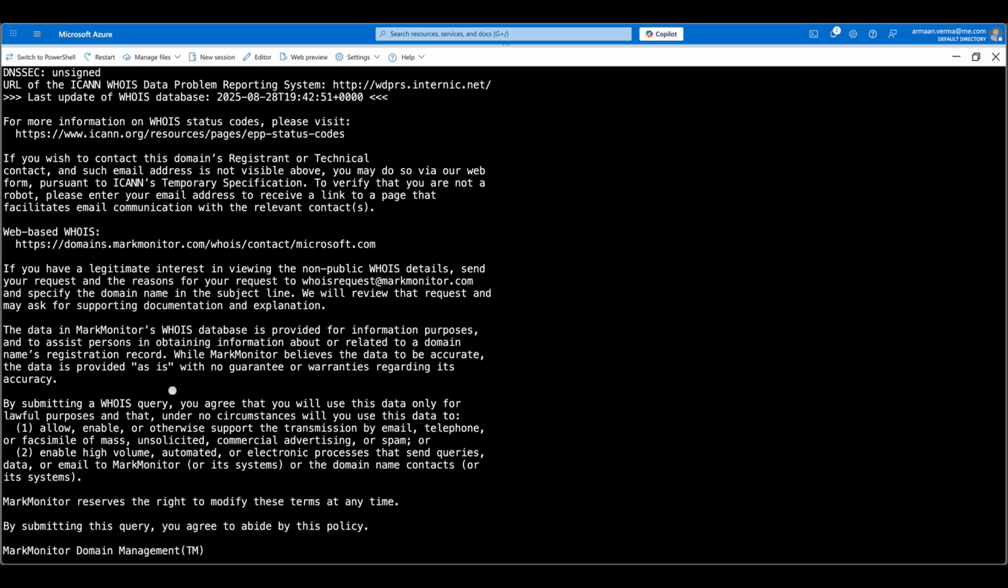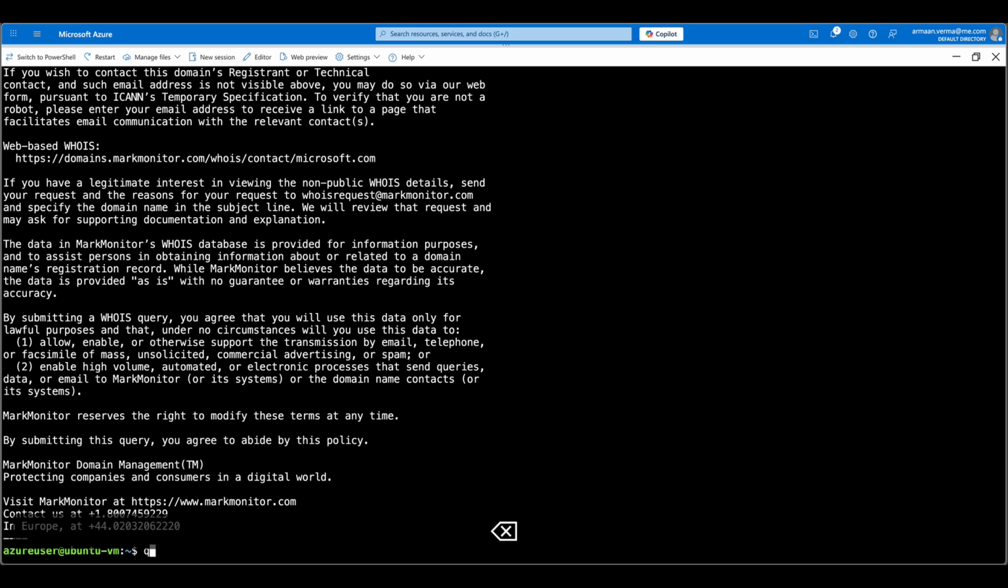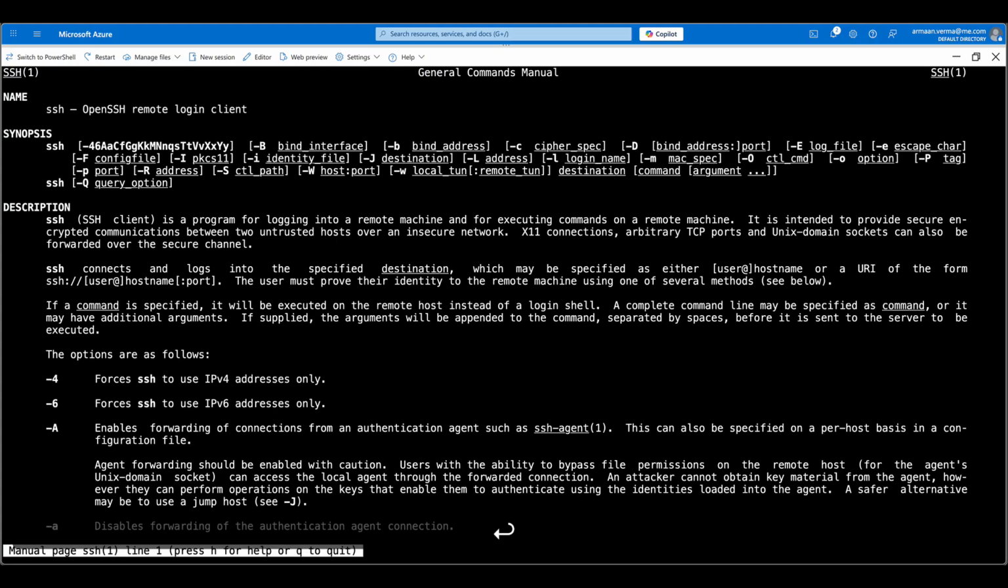Then the last command that we use is, almost there, man ssh. So it's connected to secure shell. In Linux, we usually connect using secure shell. So the command that we use is